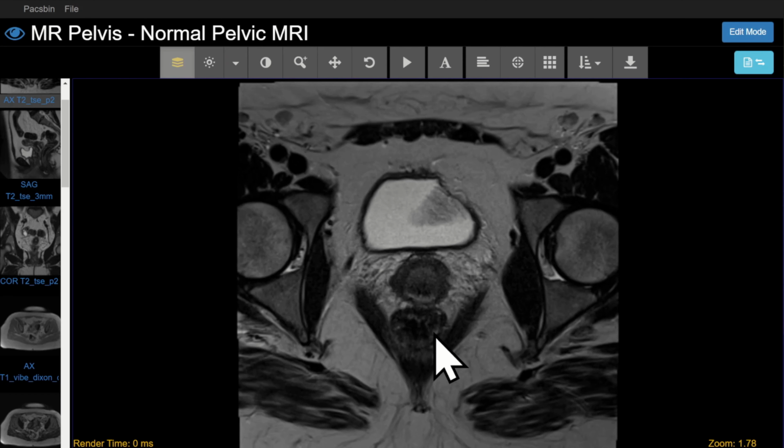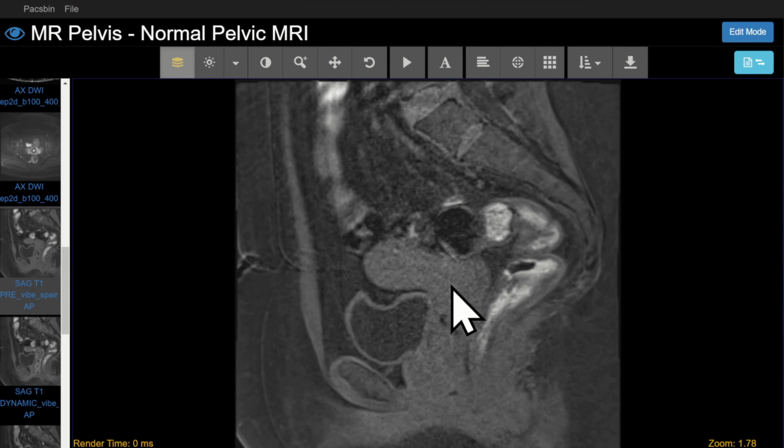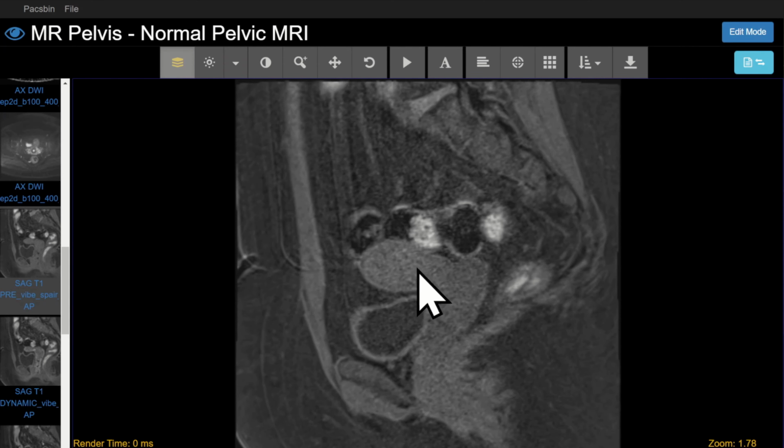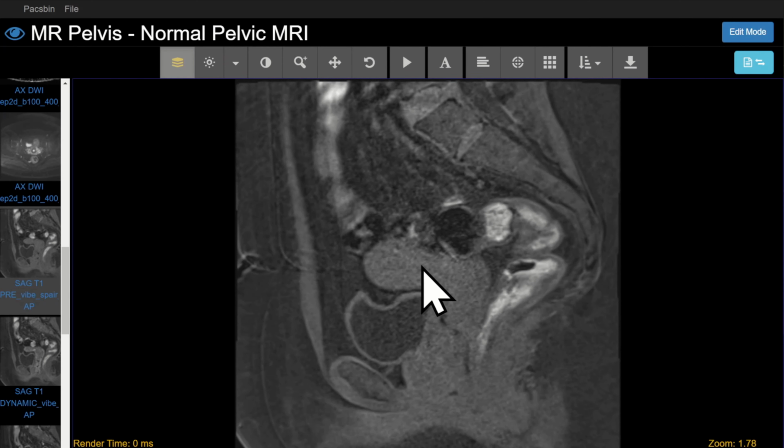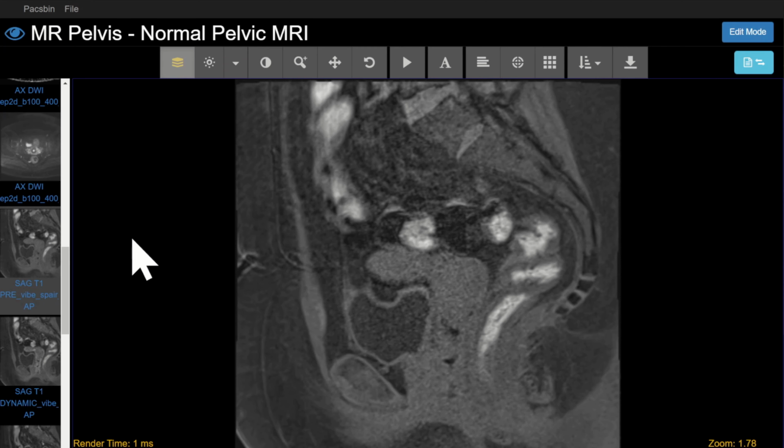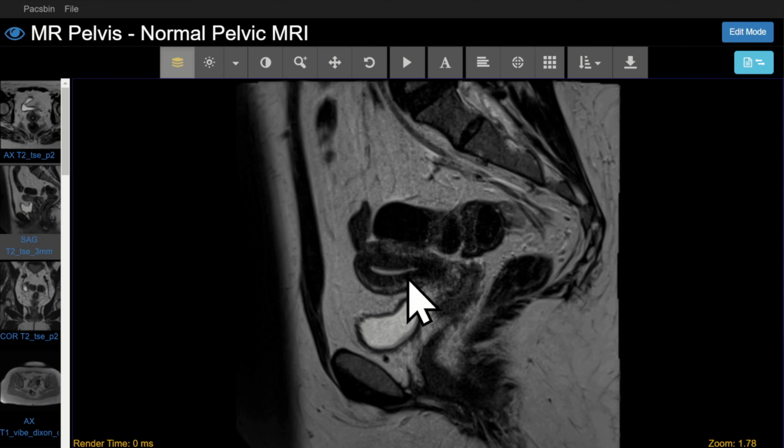So this is a T1 pre-contrast image. The normal uterus is pretty homogeneously hypointense on T1 weighted images. Notice that the uterus, cervix, and vagina are all pretty homogeneously hypointense on T1 pre-contrast imaging. In contrast, for the uterus on T2 weighted imaging, we can see the zonal anatomy very, very well in the